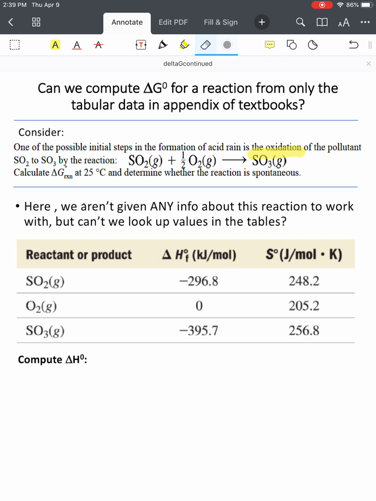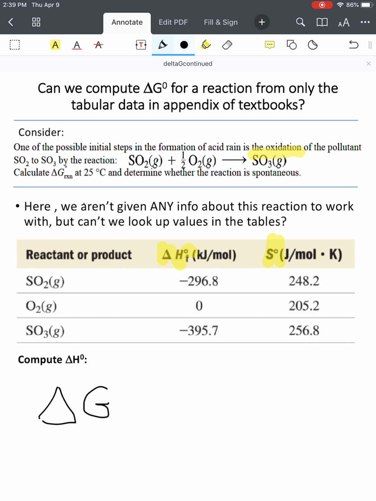But what if we aren't given delta G formation values? Can we use delta Hf and S0 values? Can we use our enthalpies of formation and our standard molar entropy values to help us? And it turns out that we can. Our approach to solving this problem is several-fold, as it turns out. Ultimately, what we're going to get back to